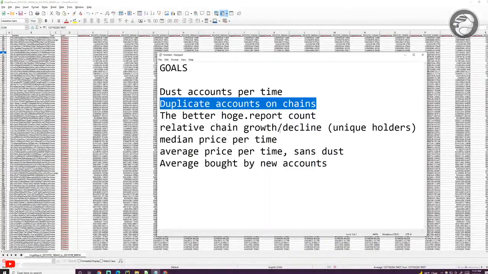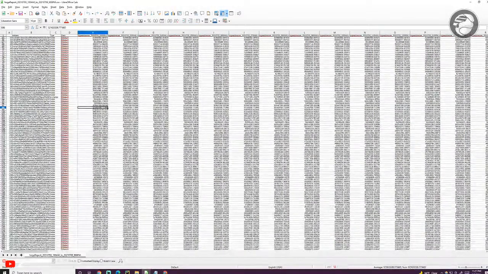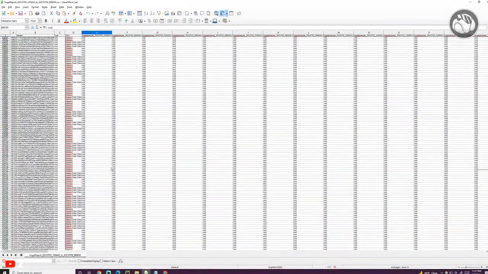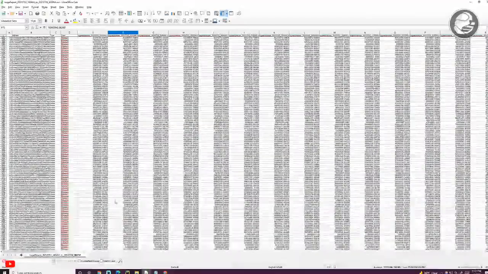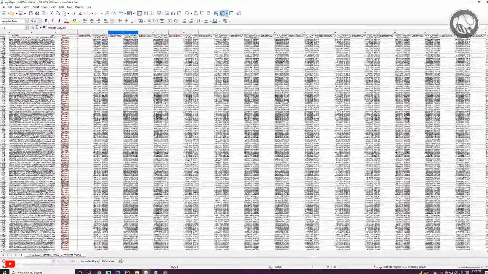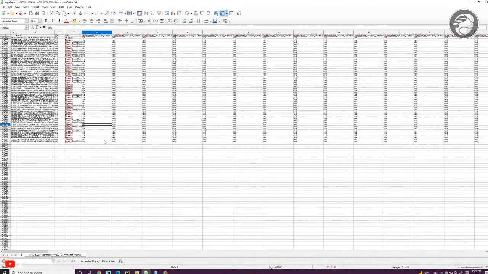Let's answer one of the more interesting questions. Something that I've been trying to do for a while is the average amount bought by new accounts. I think that'd be useful. And we can see how that changes over time, right? That would be kind of cool. So what I want to do is say if the previous column is void, if the record in the previous column is void, then